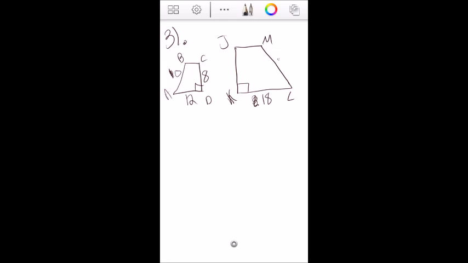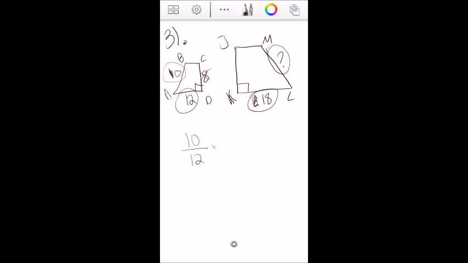So there's actually extraneous information here, stuff that they added that we don't actually need in order to solve this. We know that the 18 here corresponds to 12 because they're both the bottom. And then over here, this question mark that I'm looking for, that's this slanted side that's across from the 90. If we look over here, this 8 is next to the 90. It's useless. We don't want that. We want this 10 that's across from the 90. So then we can set up our proportion. 10 over 12